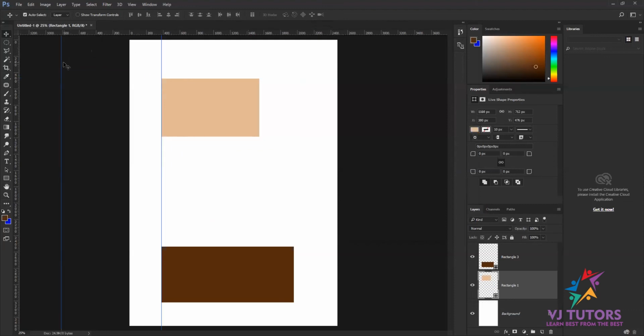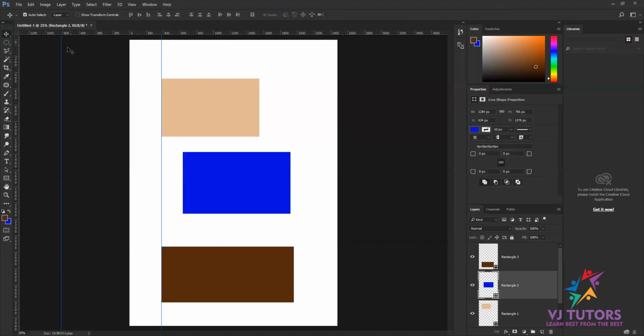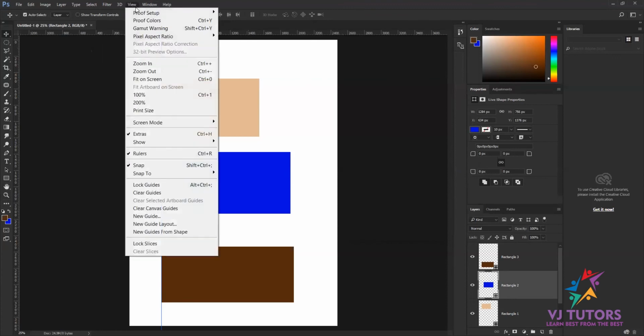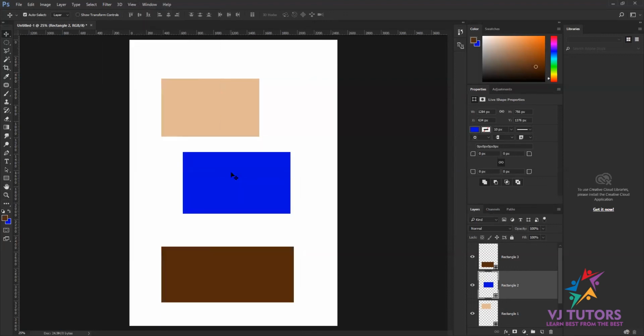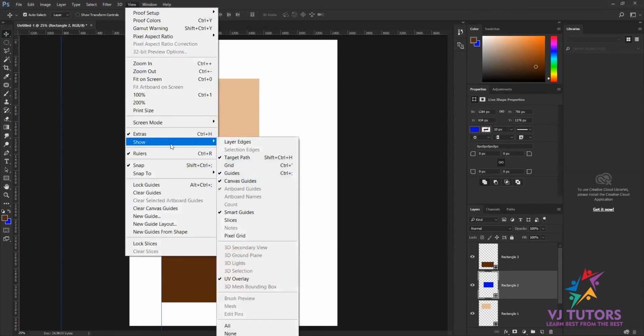Okay, suppose I don't want to delete the guideline, I just want to hide my guideline. So I go to the view option, show, and in the show we have the guides option. Just click on that and it will automatically become invisible. Or if you want to show your guideline, either you can press Control colon, or go to view again, show, and click on guides, and it'll automatically be shown, as well as the canvas guide and the smart guides.